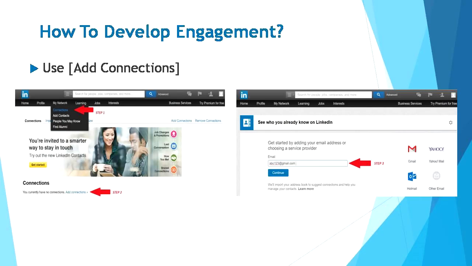So how can you develop engagement with potential clients on LinkedIn? You can use the Add Connections function. Click on the My Network tab and click Connections. Then click on Add Connections. When you reach the next page, simply key in your email address and LinkedIn will automatically suggest your profile to